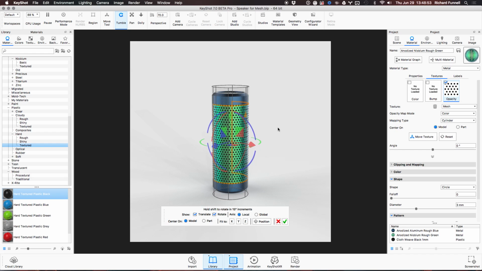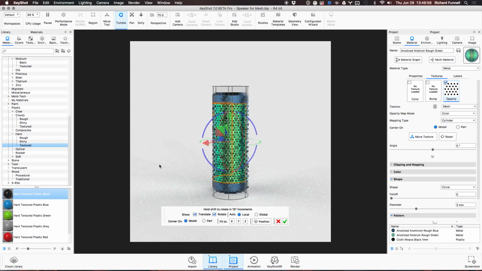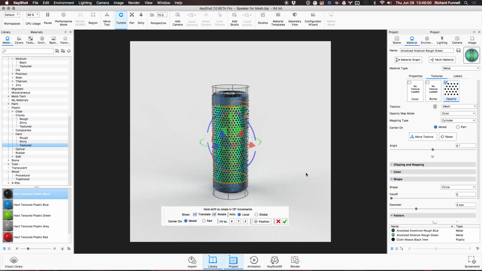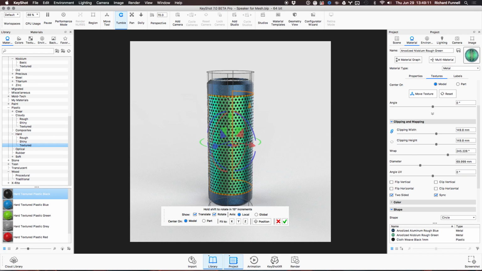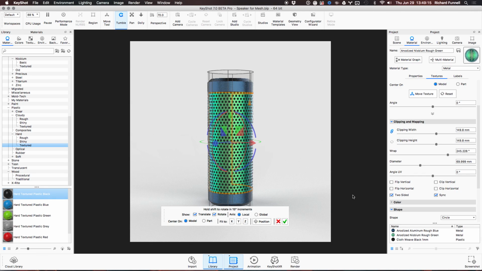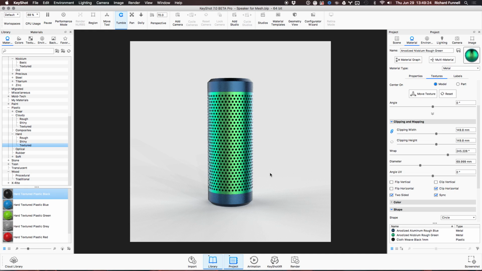What's really cool about this is you can see these yellow outlines, those are the extents of the texture as I've defined them. So another thing that we've added for these procedural textures is the ability to clip. This is pretty awesome, because this orange line essentially defines my bounding box for this procedural texture. What I want to do is clip horizontally. So if I hit clip horizontal, you'll notice, and I'll get my move tool out of the way,